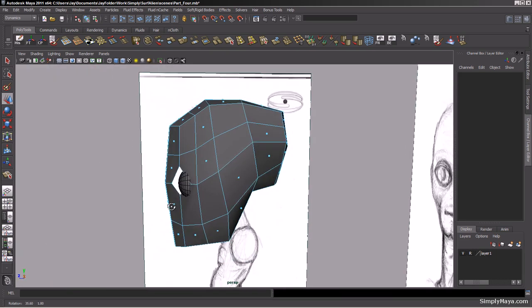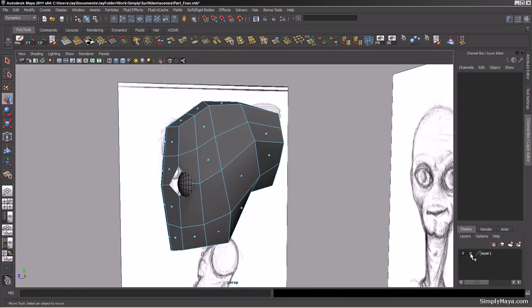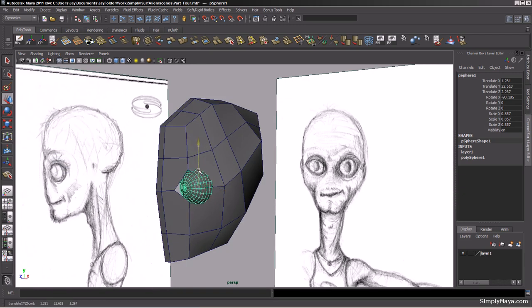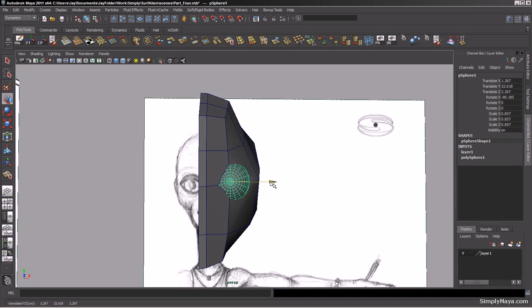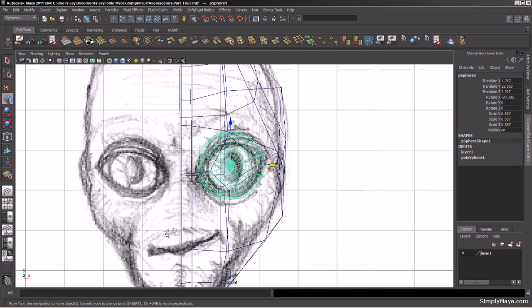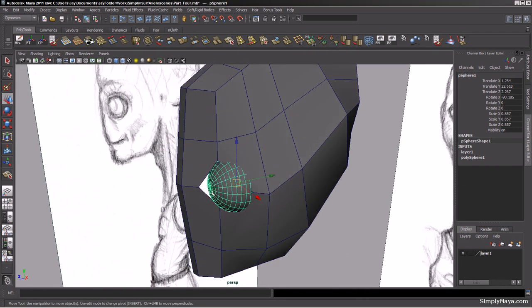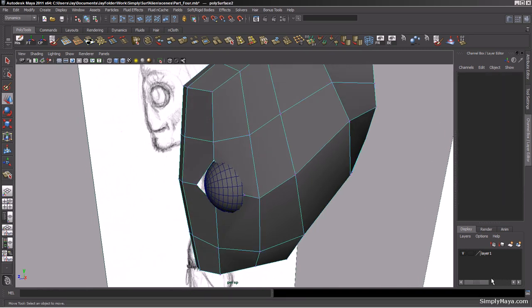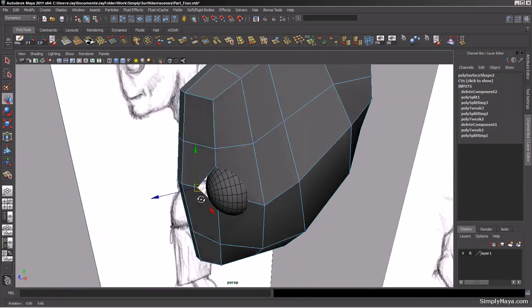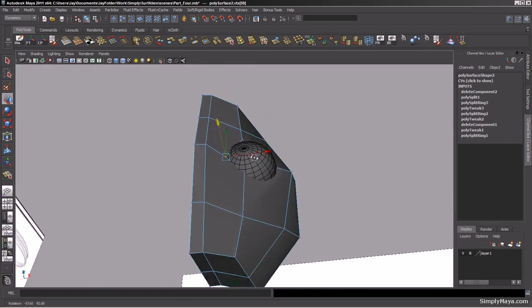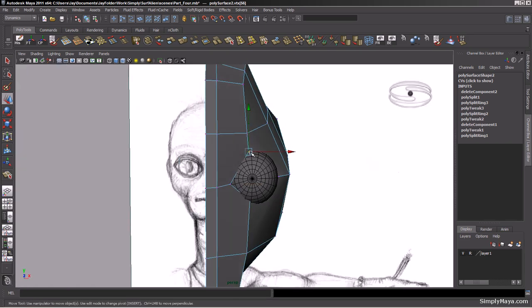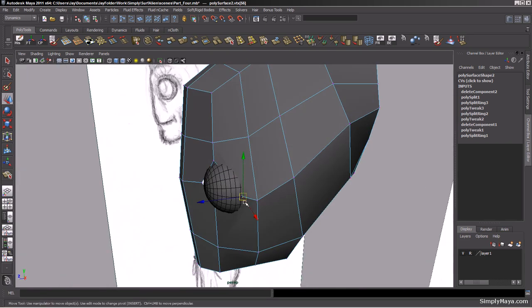Okay, and then let's just take that off. I'll just push this forward ever so slightly. Just going to tweak this. Let's just go into our front view, tweak that like so, and then what we can do is begin, let's put that back. Now what we can do is begin to shape the eye up in a rough way. Let's just get this blocked